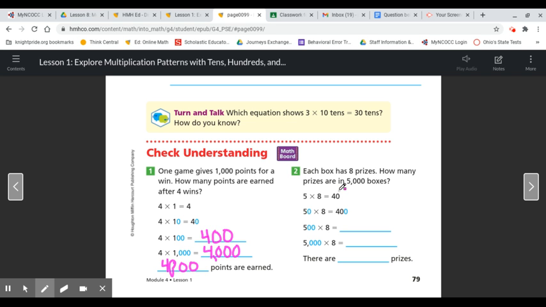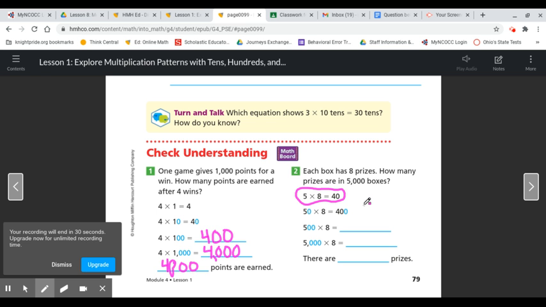Here's what you have to be careful of. Our basic fact of 5 times 8 equals 40 has a product that already has a 0 in it. Make sure when you write down the answer to your basic fact, you keep that 0 and then add additional zeros for how many you need for your multiples of 10, 100, and 1,000. So 50 times 8 would be 400. 500 times 8, we're going to have 40 for 5 times 8,